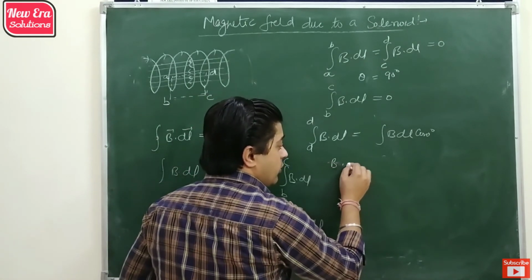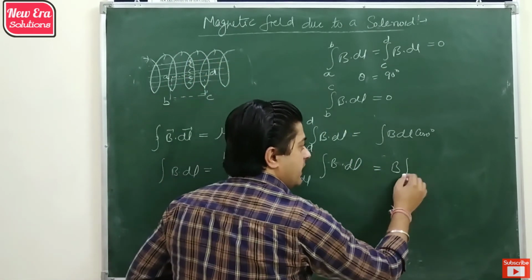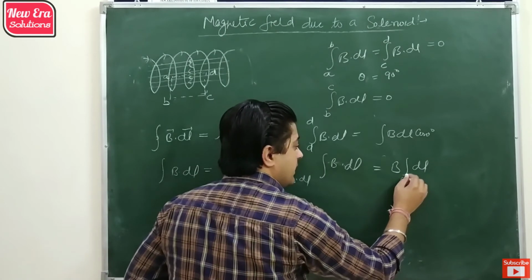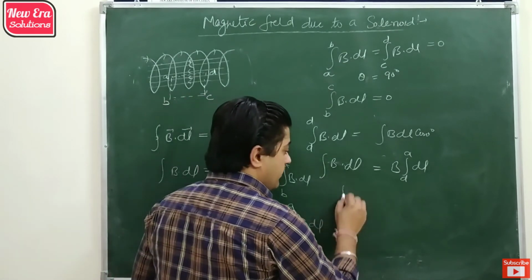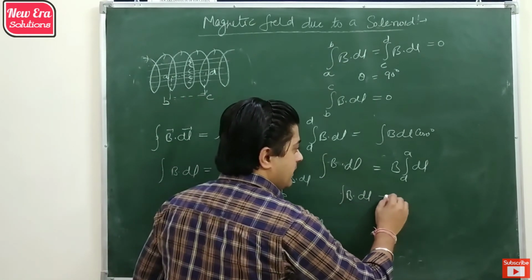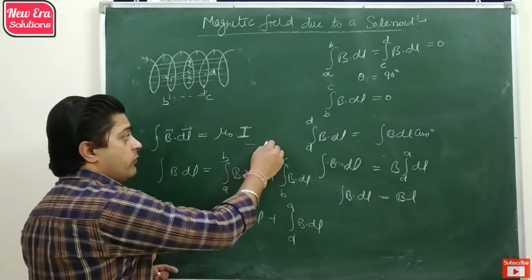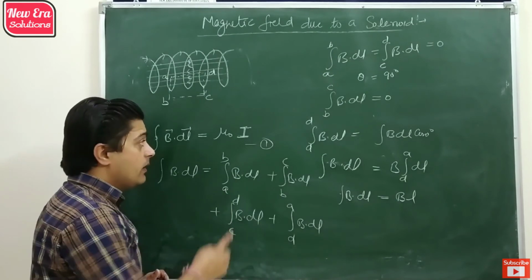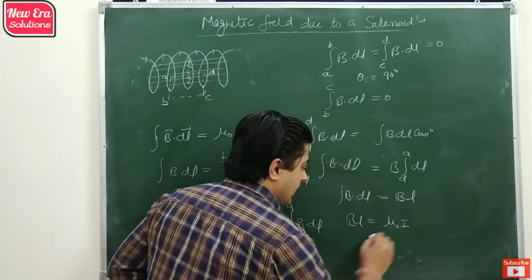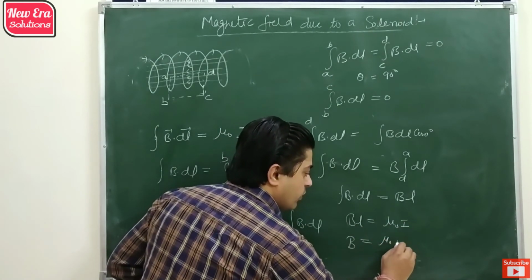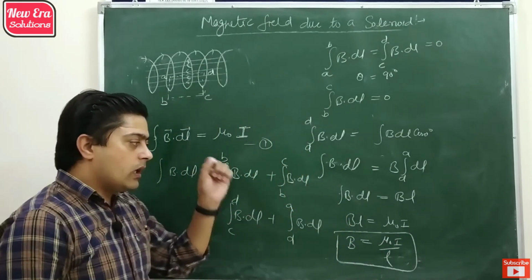So B dot dl for the complete Ampere loop is B integration dl for the segment DA, and if we assume the length of that segment is L, then B dot dl is equal to BL. Now from Ampere's law we know that B dot dl can be replaced by mu naught I. So B into L is mu naught I and B is equal to mu naught I by L. So this is the magnetic field due to a loop